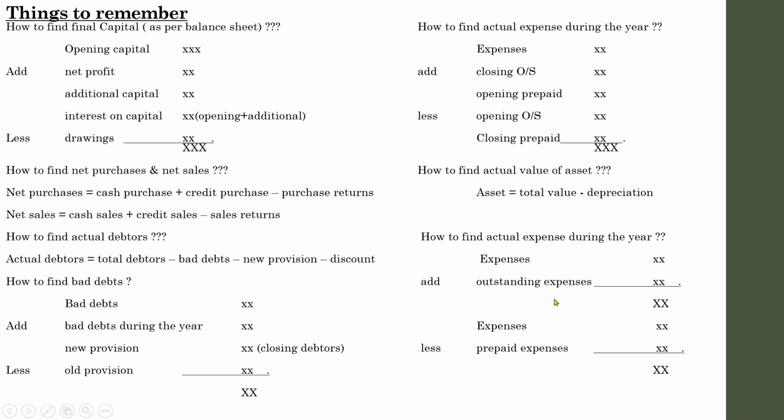So what is the difference between these two cases? Anyway, the question demands the same, that is, what is the actual expense during the year, and the expenses will be given in the question. Here also expenses will be given in the question, but some differences are there. So what is the difference? This format is followed whenever you come across a question where any of the outstanding or prepaid balances is given. That is, whenever the question states the opening or closing balances of any of the outstanding or prepaid items, you need to follow this method.